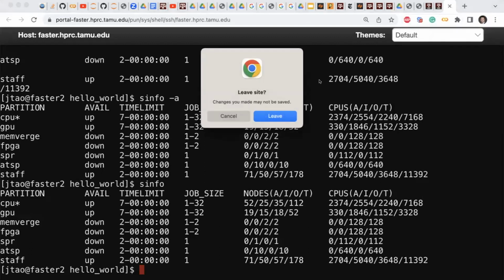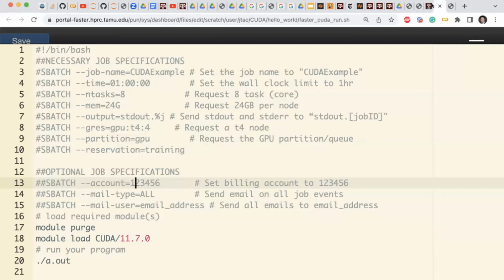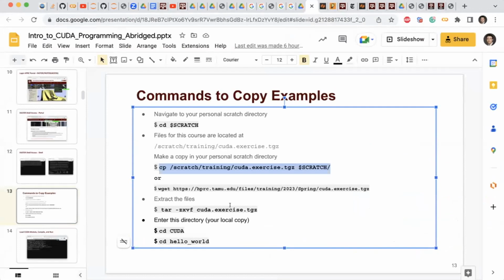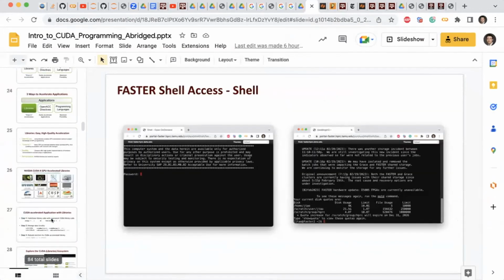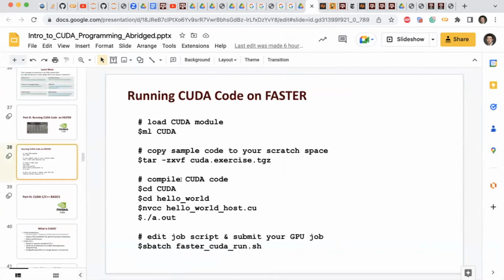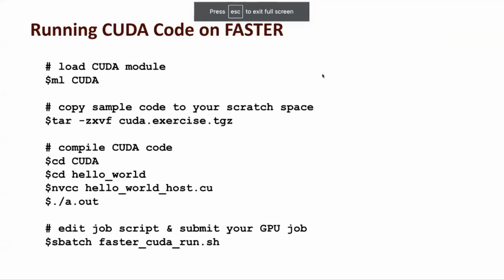Okay, I think that's mostly about this. I'm just trying to get you all started on the examples here. And if you can run through all this without any problem, congratulations, you're able to start using FASTER for your CUDA development. Everything else left is just for you to start coding things up. Whatever you're doing, following this procedure should be sufficient for you to compile, run, and submit any job. It could be very complicated, but as long as you can get your CUDA code uploaded and